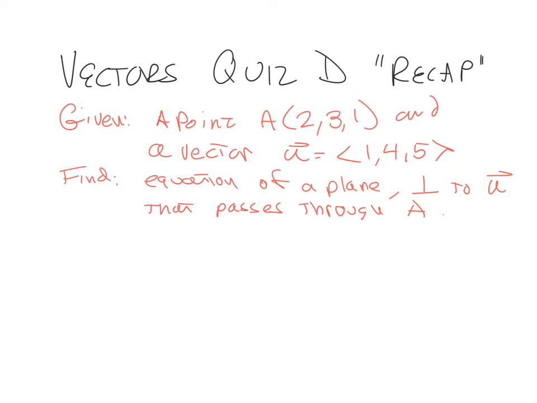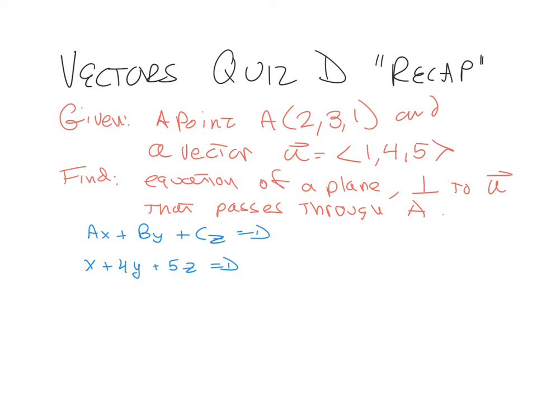So the standard form of a plane equation is ax plus by plus cz equals d. And for the a, b, and c, we'll use the x, y, and z components of the vector u. So I'll write that again: 1x plus 4y plus 5z equals d. Don't know what d is yet, but you can see that the coefficients match the components of vector u,